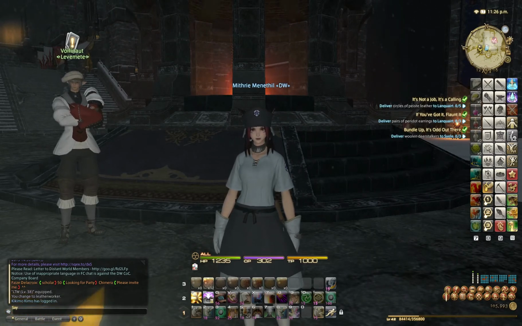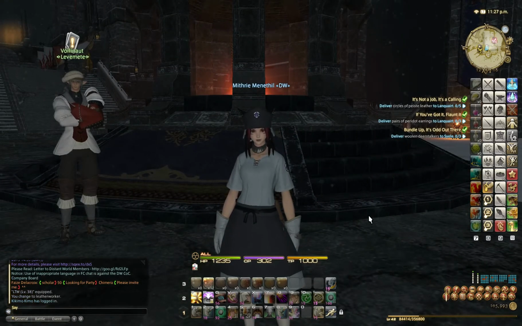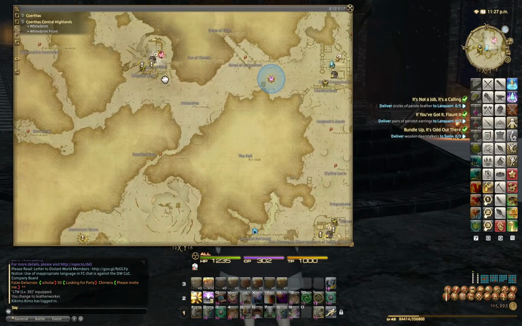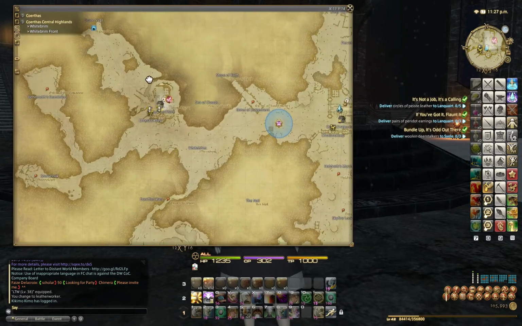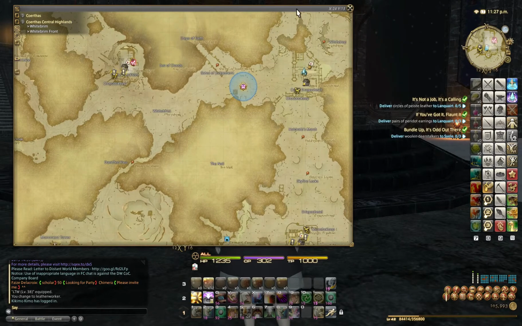And we're back for another episode. In this episode we're going to be looking at crafting, moving between levels 40 and 45. It's quite simple, same routine as before. We're now actually at Whitebrim Front. So Whitebrim Front is right here in Central Corpus. Last time we did 35 to 40 in the observatory, and we simply moved to here to do 40